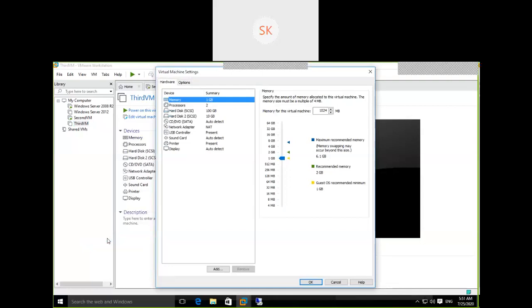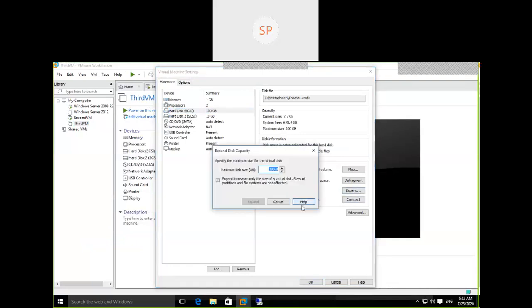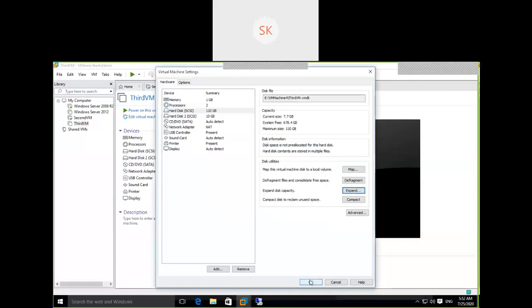Select 100 GB. Expand. Make it 110. Now it is 110 GB. Click OK. Power on.